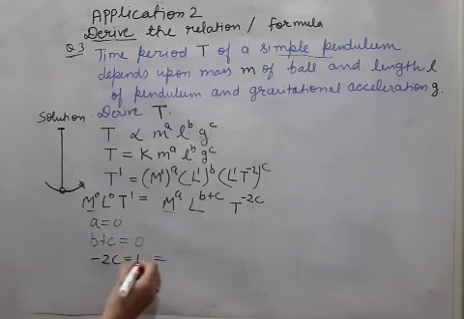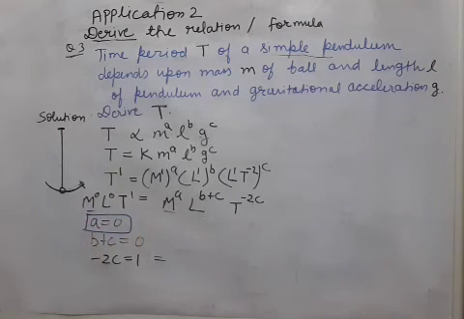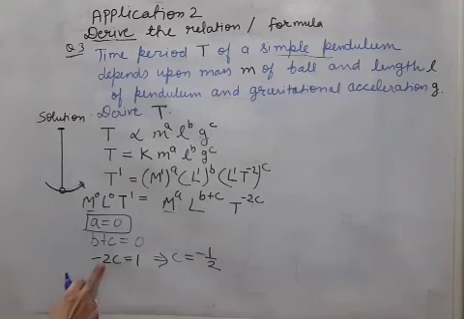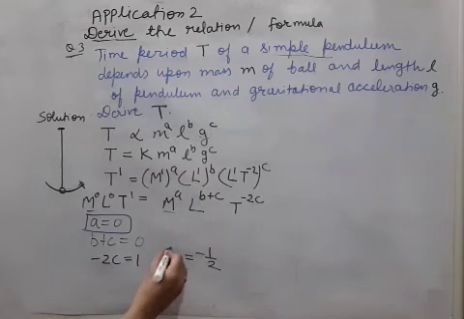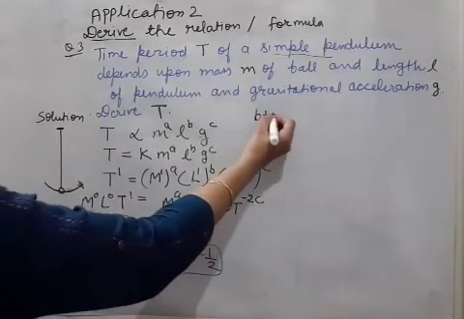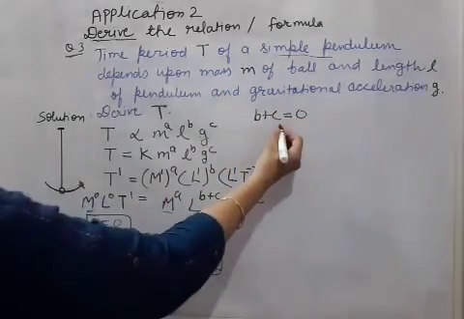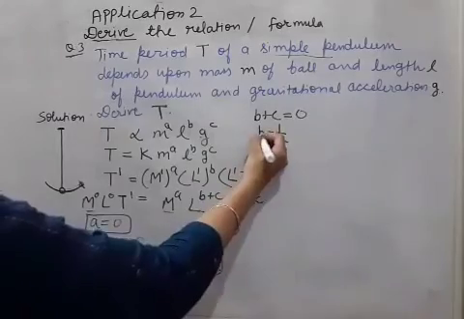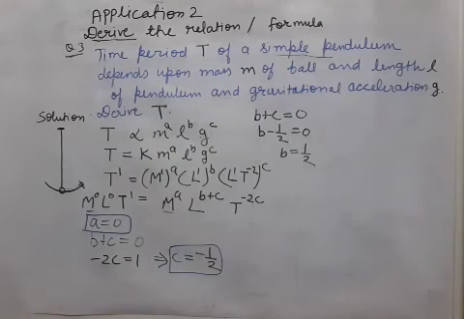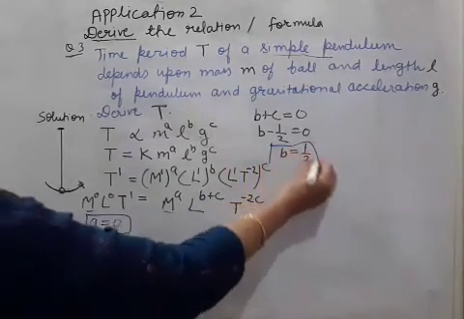Finally, the answers which we have obtained. a answer is already obtained, 0. c answer also we can obtain now. c we are getting this way: minus 2 is shifted down, so minus half we are getting. This minus 2 is shifted down here. So c answer also obtained. Now left is b answer. So b plus c equal to 0. c value is minus half. We have substituted here, so b answer is coming half. That means our third answer is also obtained.